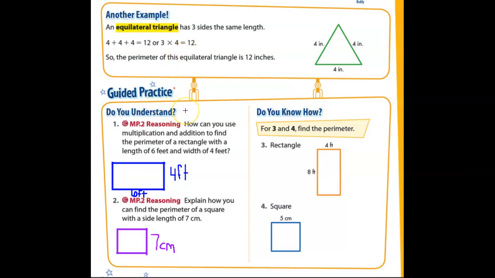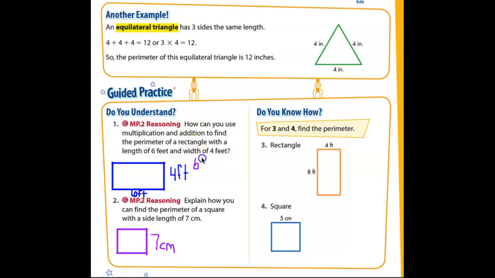Down here, number 1, I drew the pictures beforehand. It says, how can you use multiplication and addition to find the perimeter of a rectangle with a length of 6 feet and a width of 4 feet? So I have 6 feet by 4 feet, so I could add